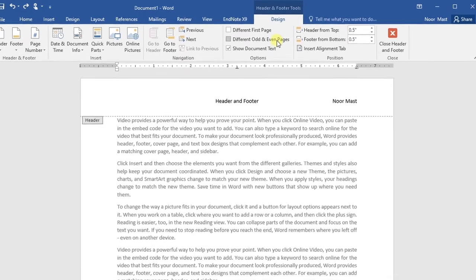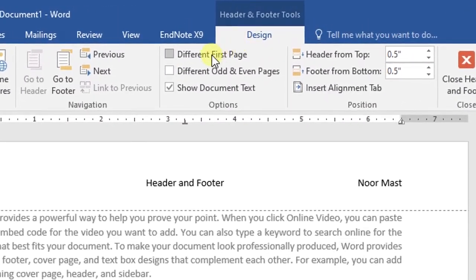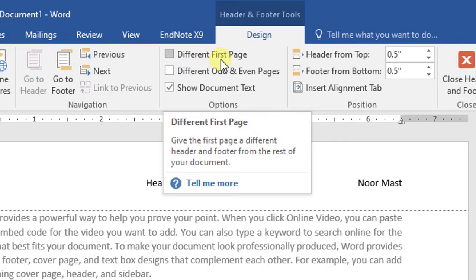And there are some other options on the Design tab which I want to discuss. For example, different first page. If you want the first page of your document to be different from the others, then mark this one.